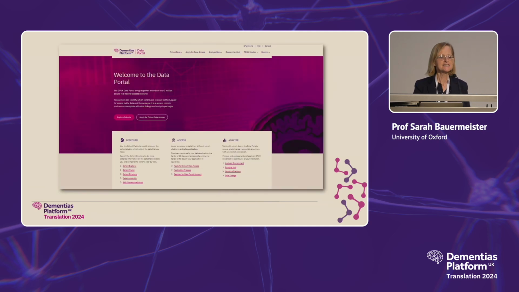So this is the DPUK landing page for the data portal, where we like to think of ourselves as a one-stop shop to access secondary data sets for dementias research. Now, a lot of our cohorts are collected for many other purposes, whether that is cardiovascular disease, cancer, Huntington's, perhaps a birth cohort or a healthy population cohort. But all of these resources, over 63 to 65 cohorts across 3.5 million individuals, can be repurposed for